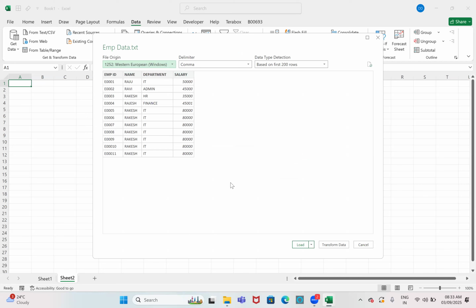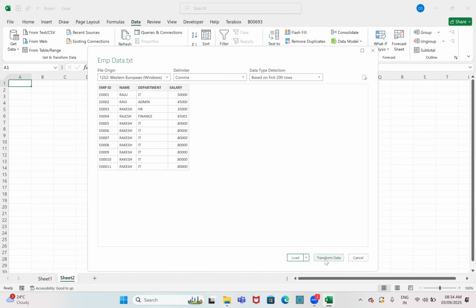I don't require this salary column. But when you are downloading the data, it will give you all the columns. And this employee name is in uppercase. I want it in proper case, only the first character in upper and the remaining in small case. Once you download it, if you want to change it, again you have to write some formulas, right? But while downloading itself, click on Transform Data.